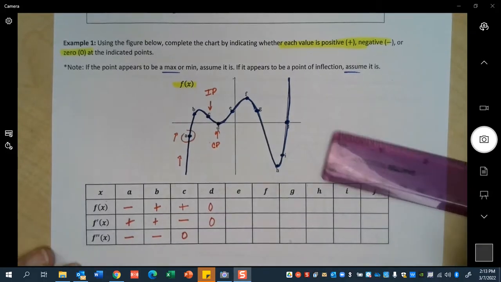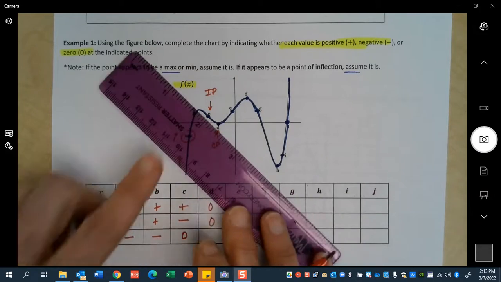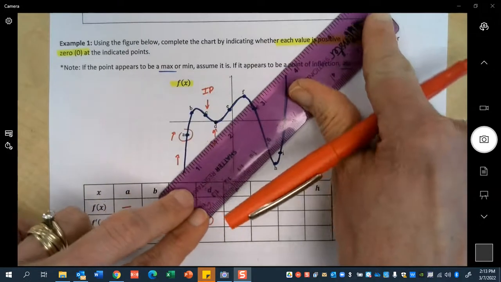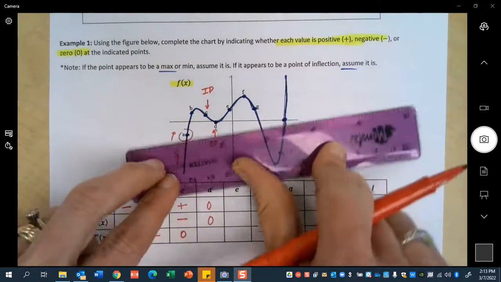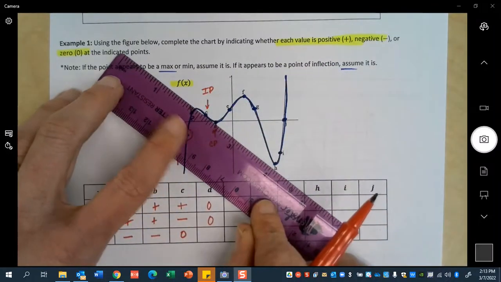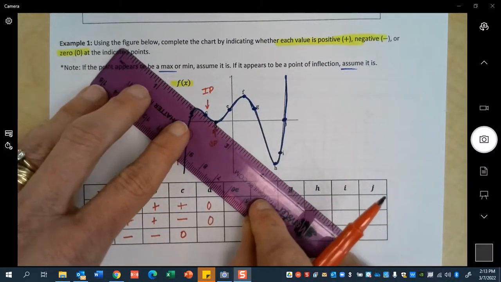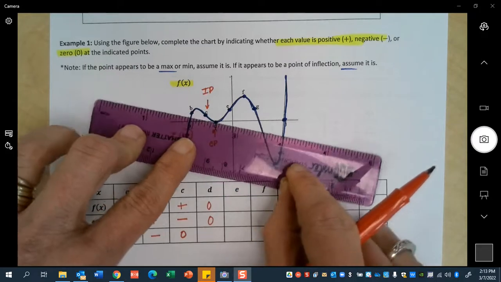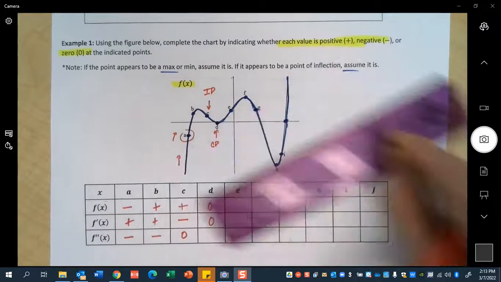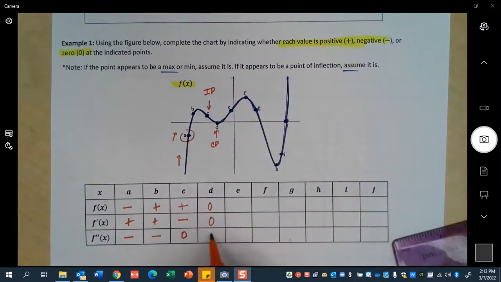And I know that it's a local min because my derivative goes from negative to positive. Do you see how that happens? Now, answer me this. Is my derivative getting bigger or smaller? It's getting bigger, which means my second derivative is,